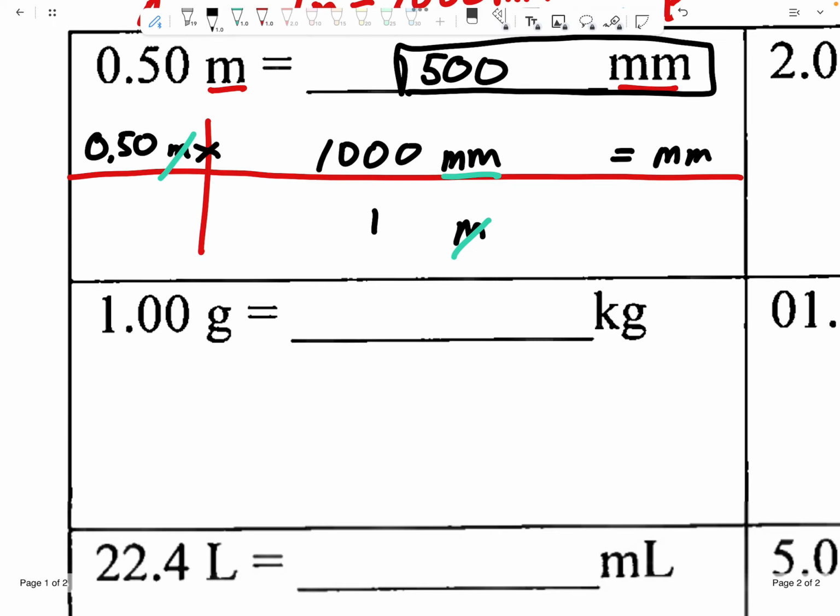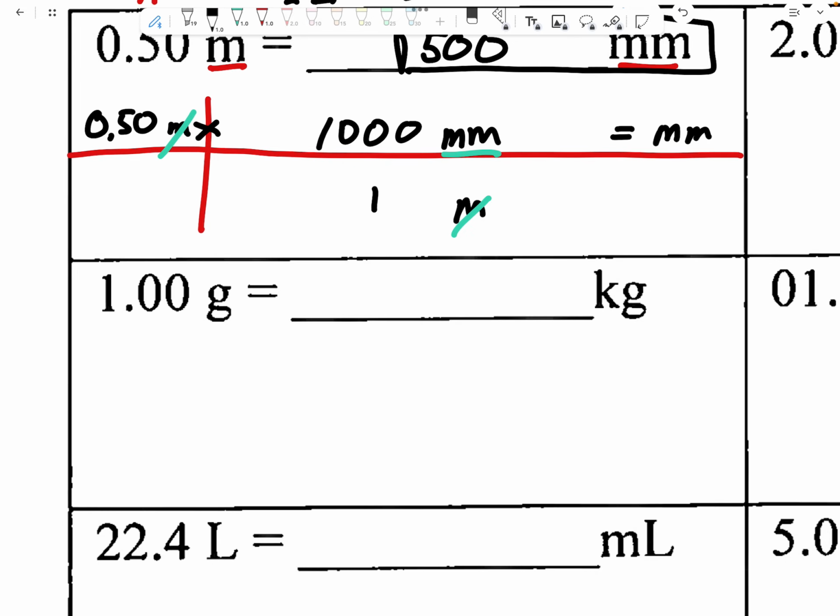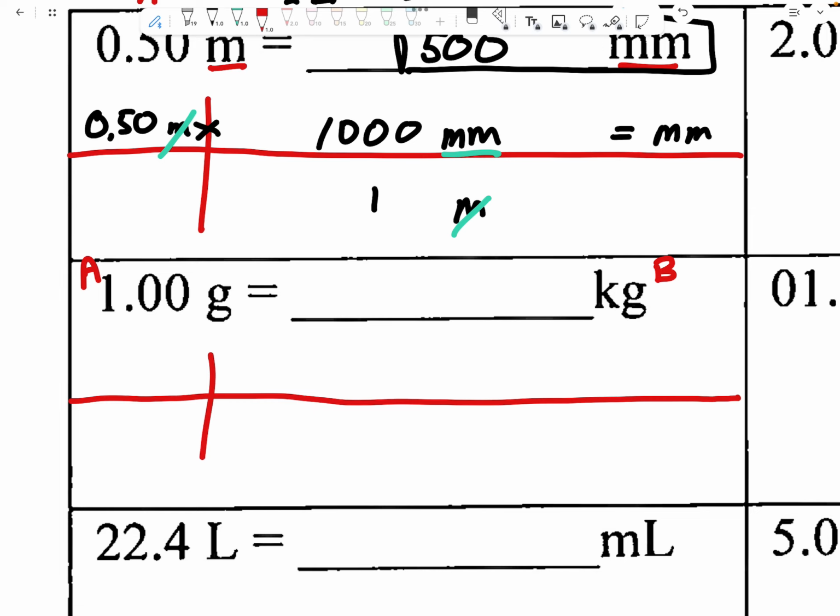Another one we can do, we have grams to kilograms. We did this earlier today. Our A is what we've been given, which is our 1 gram. Our B is what we're trying to find, which is kilograms. How many kilograms in 1 gram? So we're gonna go ahead and do this again. And we're going to enter in what we've been given, which is our A, 1 gram. What we're trying to find is kilograms over on this side. That's our B. The conversion for this is,